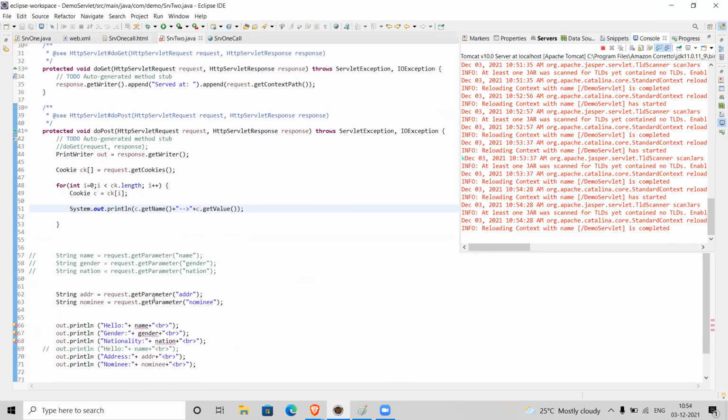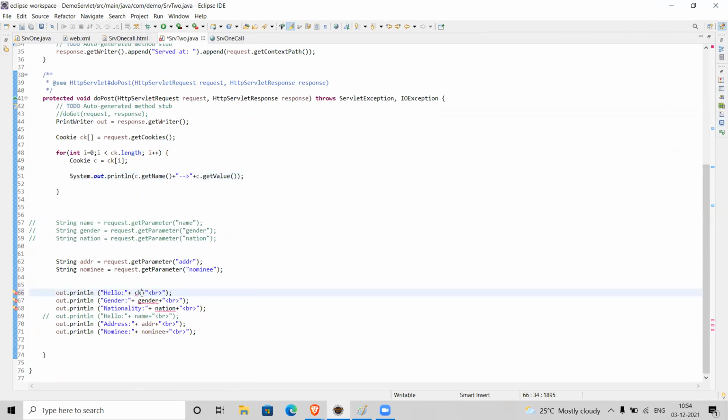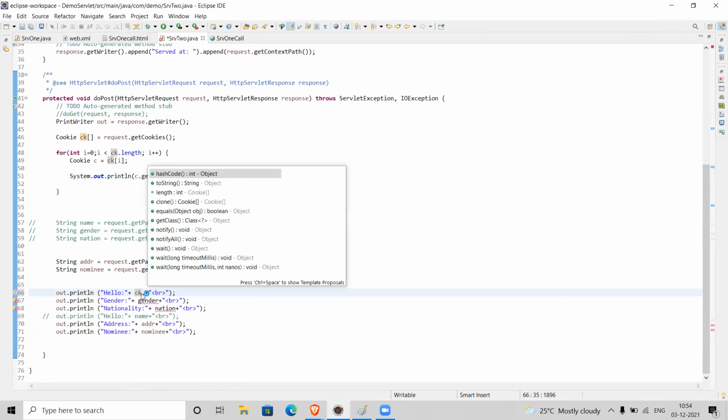As we know the cookie names, we can directly use the cookie names.